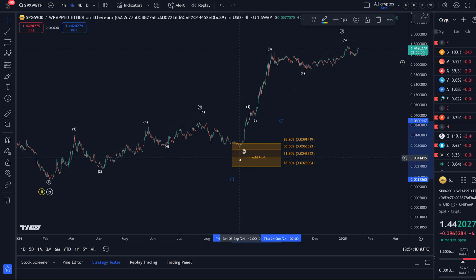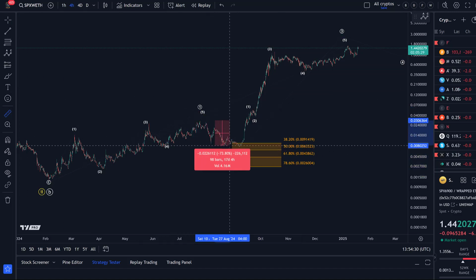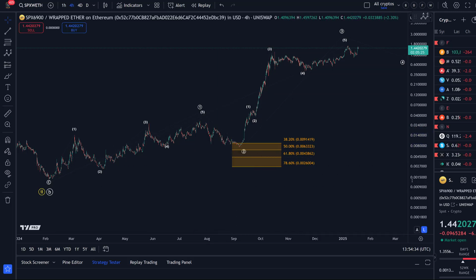I think the question in the email was about, you know, the customer was a bit surprised that the pullbacks were quite shallow. Well, this one was okay. It landed in a standard support region for a wave 2, and it also can make sense to consider how much was this actually in price movement? And that was 76%, not necessarily just by Fibonacci retracements on the log chart, but yeah, that was quite a